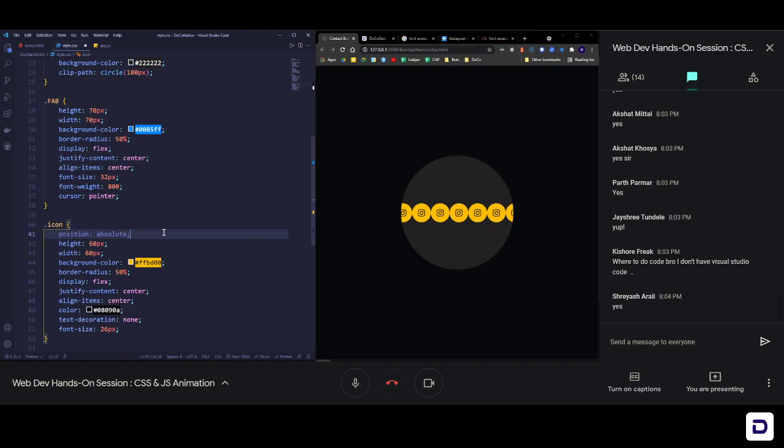But yeah, position absolute is stacking them one over the other in the window that you are in. Behind this Instagram icon there's one more, and there are 8 icons like that, and then we get to our blue icon. So what problem are we facing here? The problem is that we need to place them one by one like this. We need to place one on the top, one on the bottom, one on the left side, one on the right side, like that. We need to place all of them.